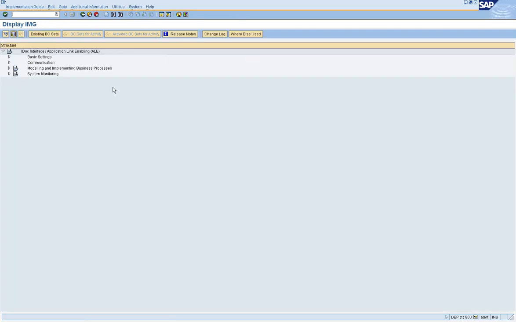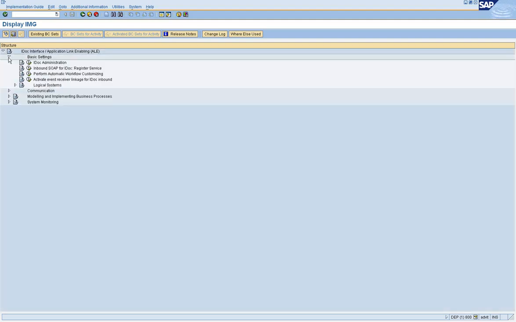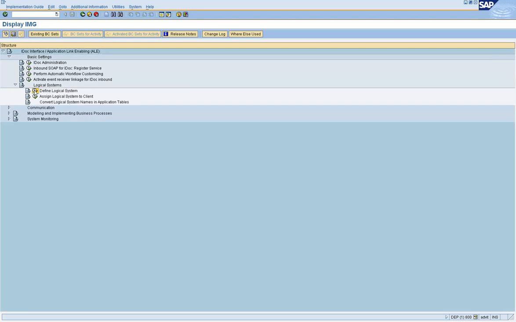After we create the logical system name, we also have to assign that logical system name to the client. Now click on basic settings, click on logical systems, and click on define a logical system.